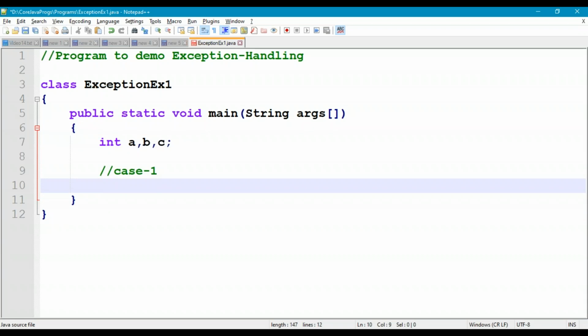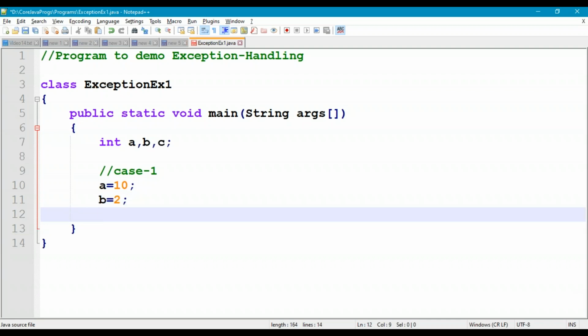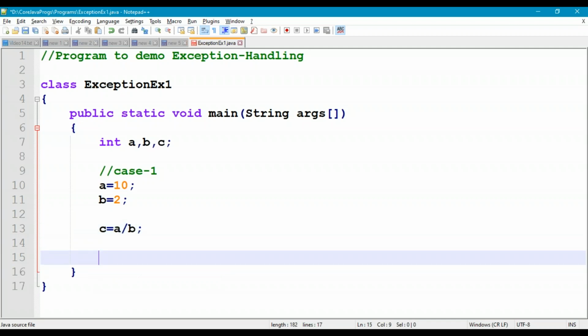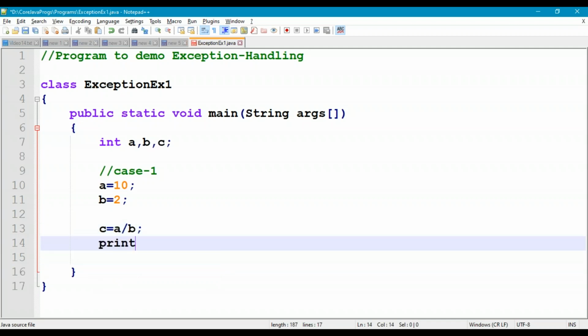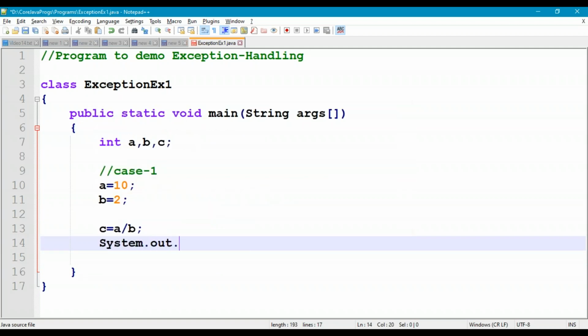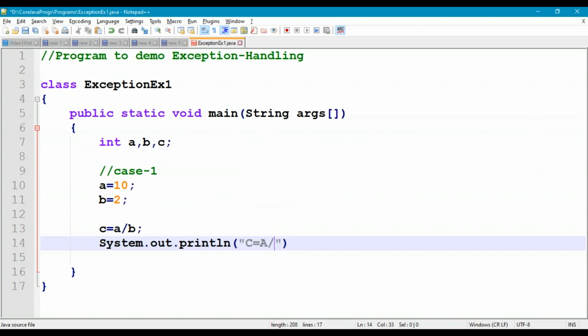In case 1, a is equal to 10, b is equal to 2. Next I will calculate c is equal to a by b, and then print using System.out.println, we'll print the value plus c.